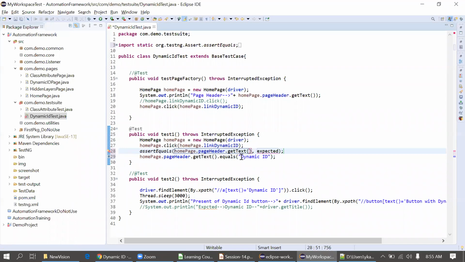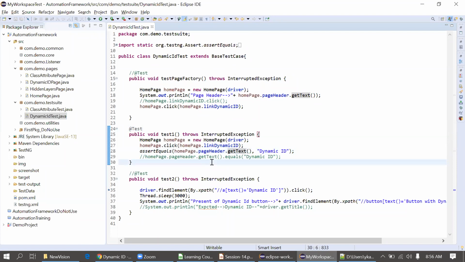And the second, which is expected, this dynamic ID is expected for me. I'm copying this and pasting it into the expected. Now I don't need this sentence; I put it just to help you understand more clearly. So now if this condition is not matching, the test case will fail.